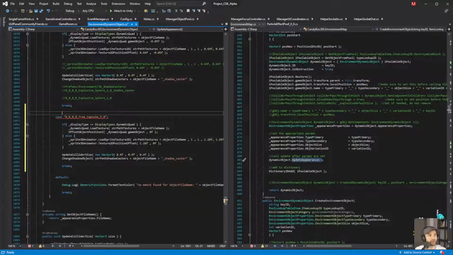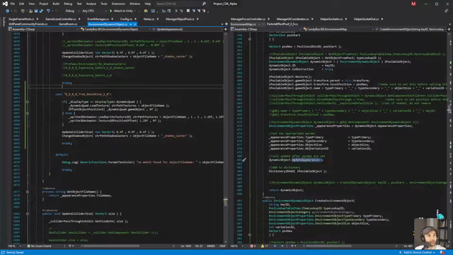Okay, so this one is tree, not capsule, but what was that word again? There we go. Okay, so that's just the first one. We won't have a shadow caster because we don't have a shadow caster object for this.